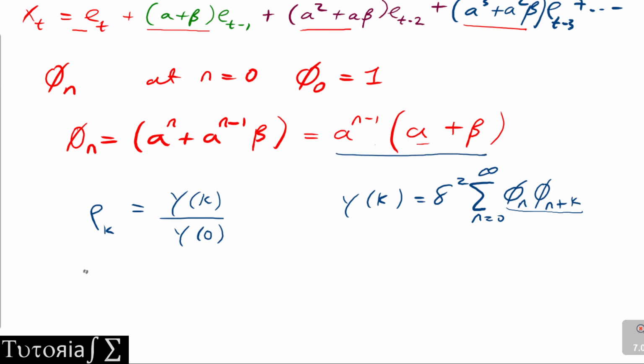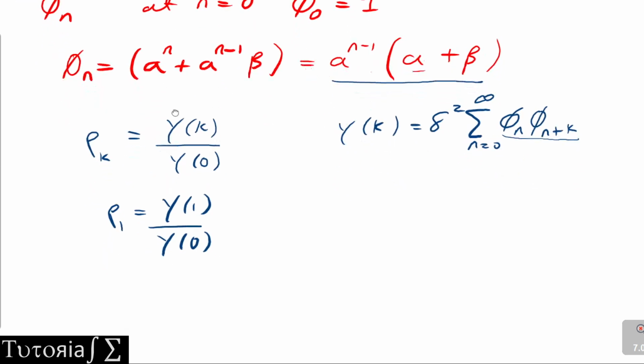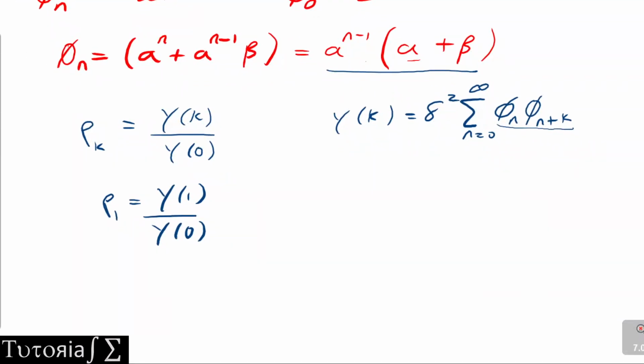Now we can find rho 1, which will basically be equal to y1 over y0. Okay, y1 over y0. So we can find y1. So y1